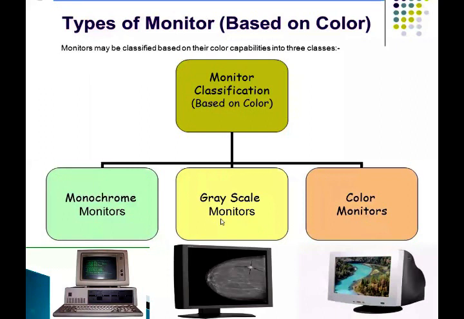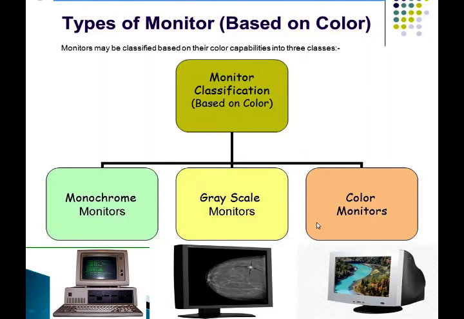Number two is grayscale monitor. A grayscale monitor displays a group of shades of gray without any visible color. Each pixel of the grayscale display carries an amount of light ranging from the weakest amount of light, black, to white. Grayscale only contains brightness information, not color. A grayscale monitor is a special type of monochrome monitor, capable of displaying different shades of gray.